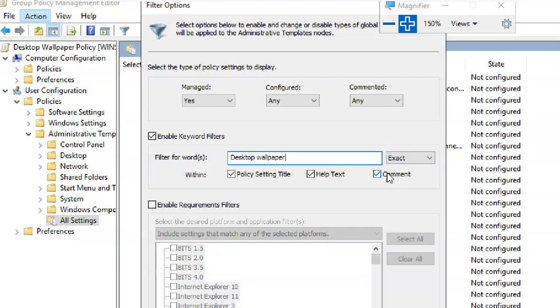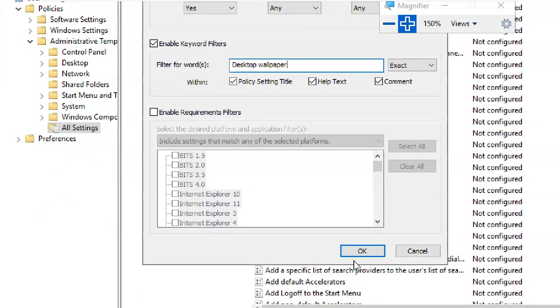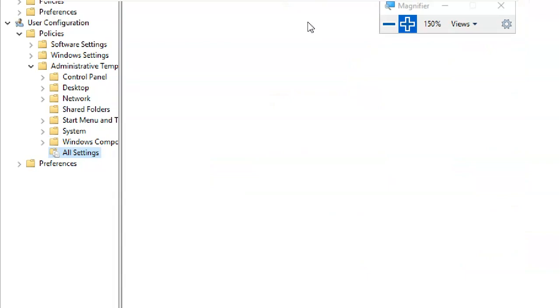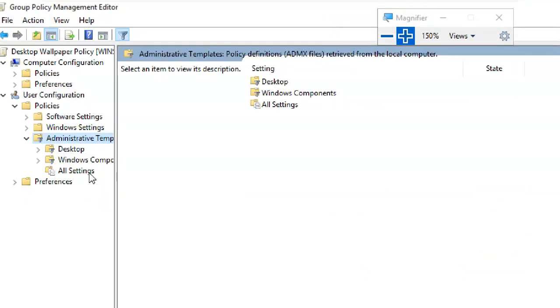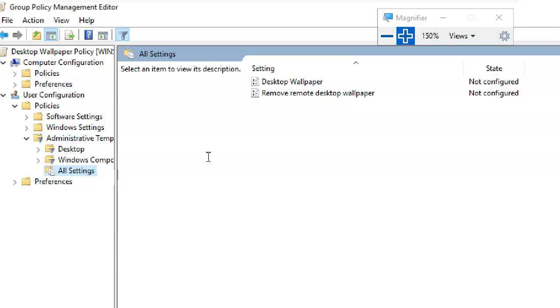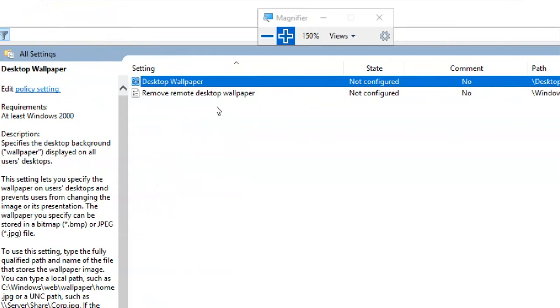Put Exact, meaning exactly the name should match. So click OK. Again I'm clicking on All Settings, filter is on. Desktop wallpaper, two are showing here. So open desktop wallpaper.